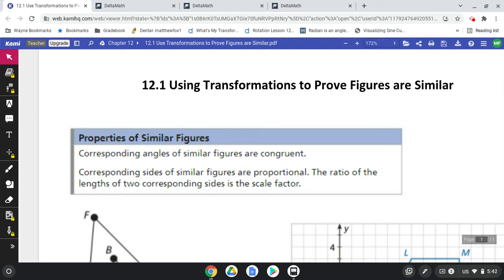Similarity is slightly different than congruent. We know that congruent is when they are completely the same. Two shapes are exactly the same size, and similarity starts in the same way, as we can see here. Properties of similar figures: corresponding angles of similar figures are congruent. So the angles are the exact same. They are congruent, they're the same, they're equal. However, corresponding sides of similar figures are proportional, meaning they have some sort of relationship. A ratio can be made that shows the relationship is consistent between the shapes, but the sides are not